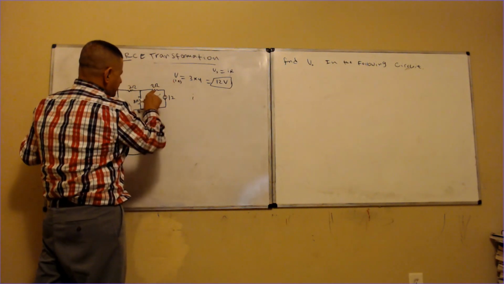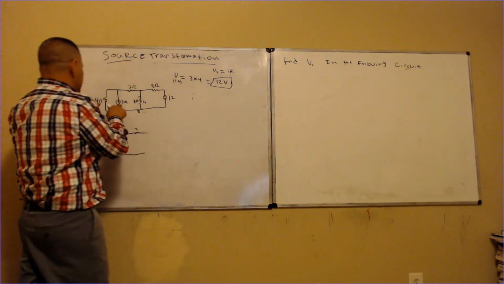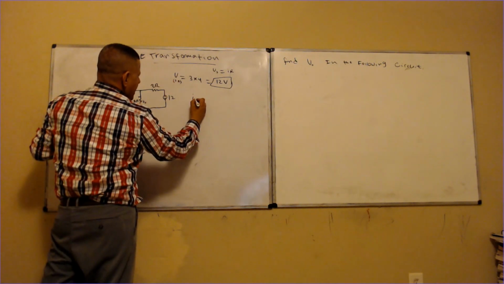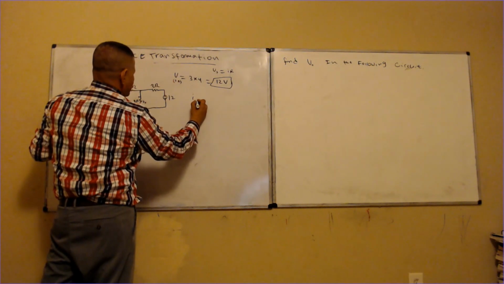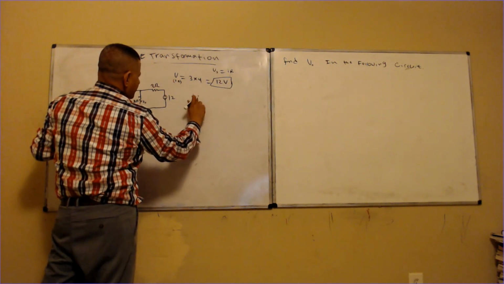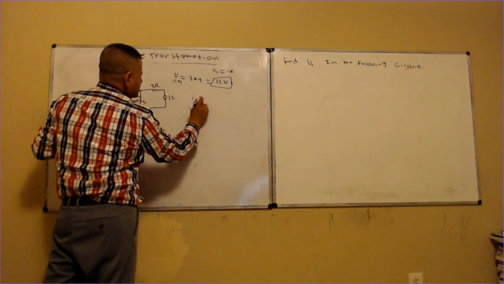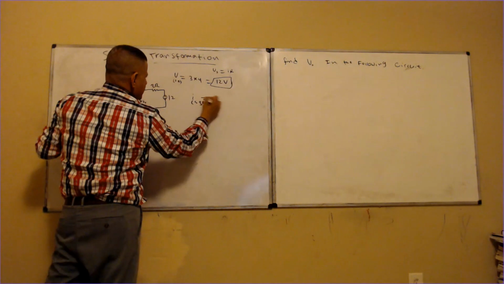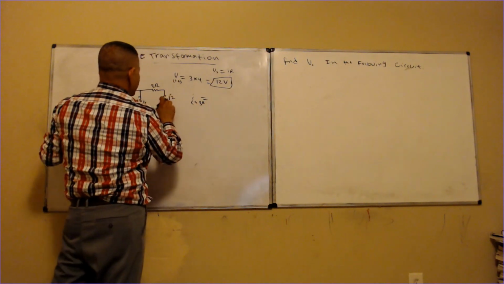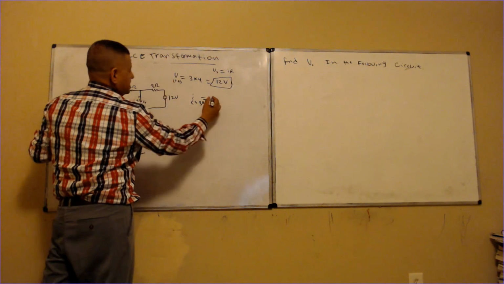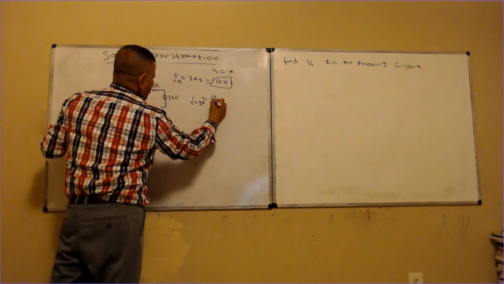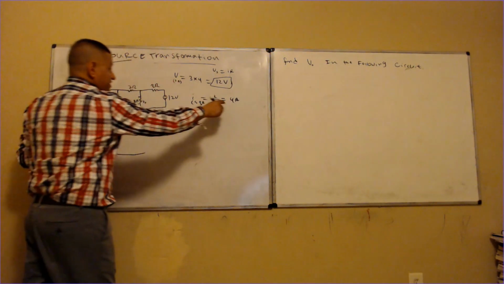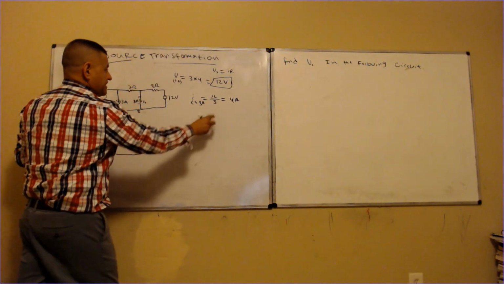I got to find I, right? Over here, I found volt. Why? Because there was some parallel. This is in series with this, right? So therefore, I do I. So I do I at 3 ohms is equal to what? It's equal to this divided by that, which is 12 over 3 is equal to 4 amps, right? So now this guy right here becomes a 4 amp, but then this